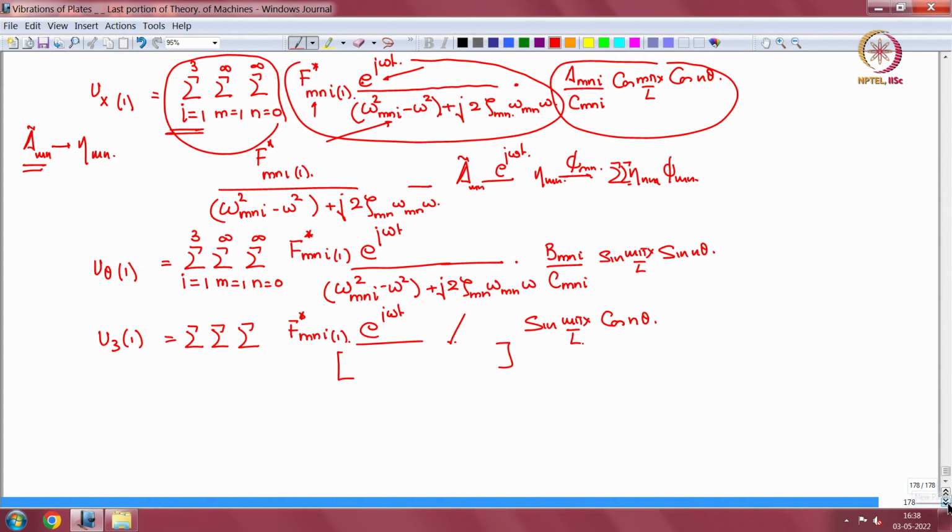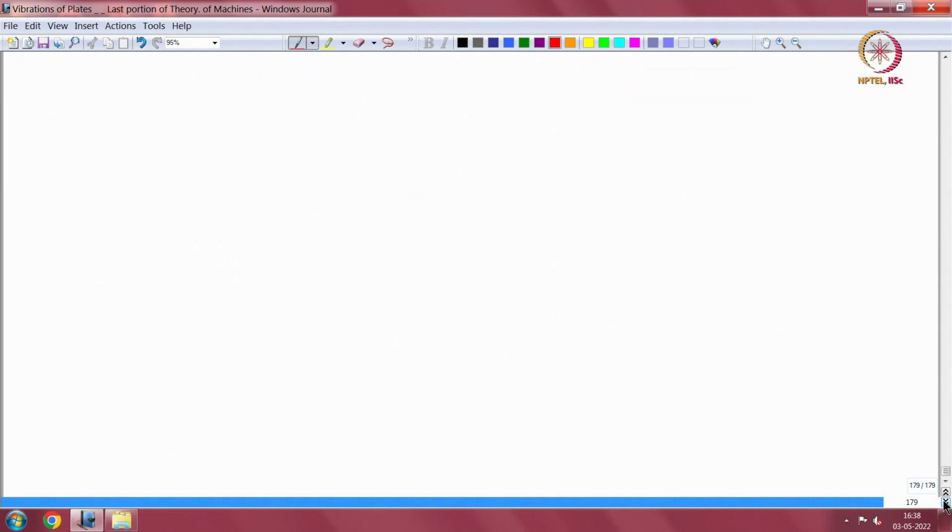Now displacements with set 2. The load is the same, q3 of x, theta, t is some amplitude of the force, harmonic, delta over a, theta minus theta star, delta x minus x star,